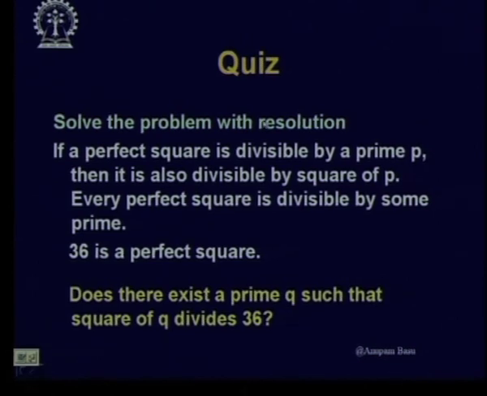If a perfect square is divisible by a prime p, then it is also divisible by the square of p. Every perfect square is divisible by some prime. 36 is a perfect square. Does there exist a prime q such that the square of q divides 36? So, the same thing you convert into clausal form, which we did in the last lecture, and try to